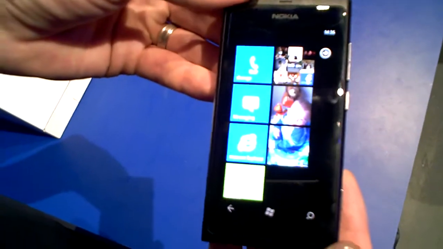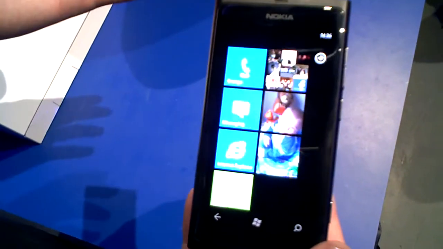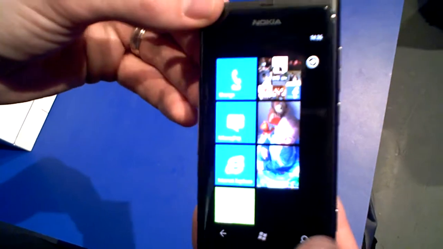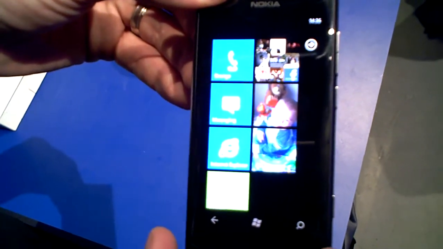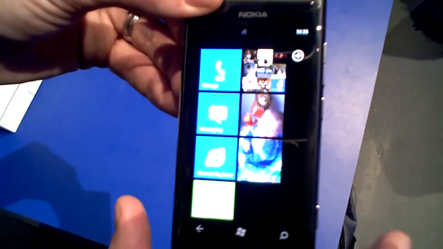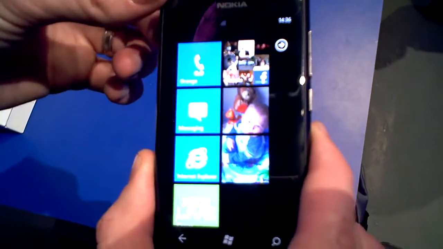Just to highlight some of the specs, it's got a 3.7-inch AMOLED display, which is super bright, and as you can see, it also has the ClearBlack display technology by Nokia, which helps really bring out some of the colors. The black looks really inky black. It also has a 1.4 gigahertz processor,